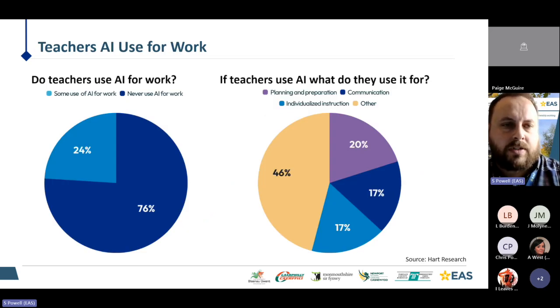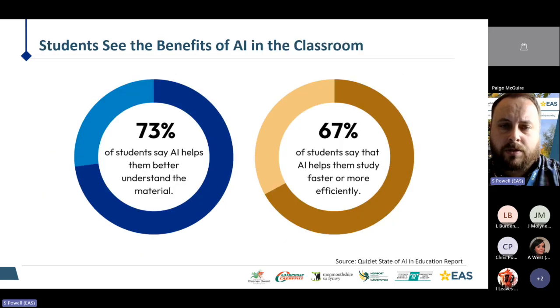So we really need to do some work on ensuring that staff know how to use these tools. Again, 76% of teachers have not used AI. And around that, those teachers that are using it, they're doing it in a positive way. So on the right-hand side, you can see here that they're using AI to support them with planning and preparation, communicating with parents, providing individualized, personalized learning for the learners as well. So lots and lots of data to suggest that AI is going to have a positive impact.